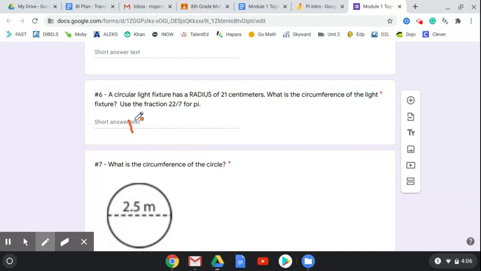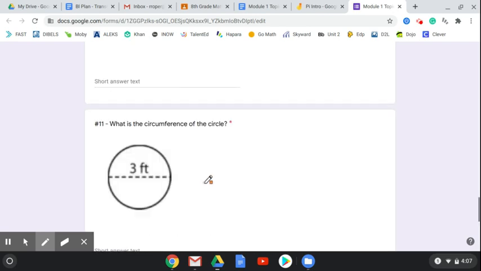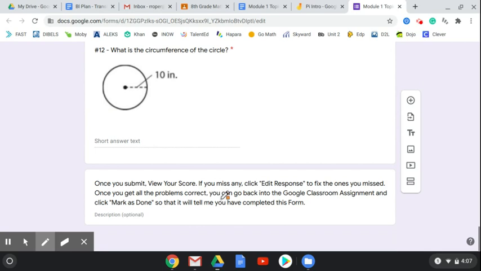That is the circumference. So I know that was a lot, okay? But we'll get some more practice in the days ahead. Be sure you finish the form. At the very end, click submit to view your score. If you miss any, come back in and fix the